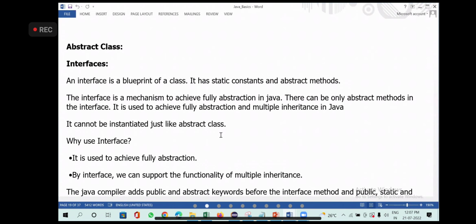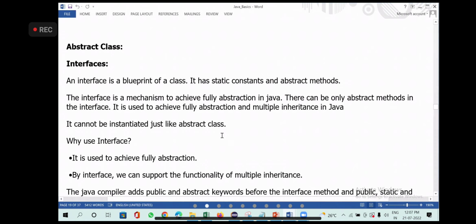Signature means prototype: if taking parameters, the same parameters. Overloading is applicable in the same class. Overriding is applicable in two different classes, superclass and subclass. Overriding uses the super keyword. Overloading doesn't require any super keyword. Explaining this much is fair enough. You don't need to explain more than that.